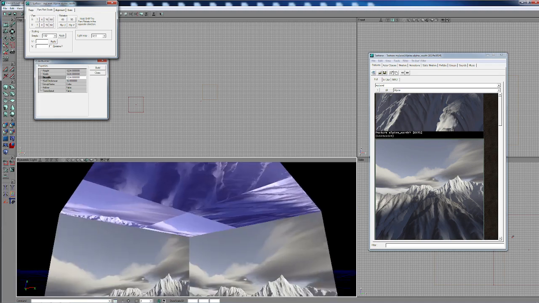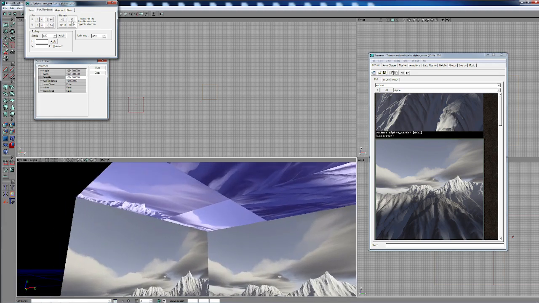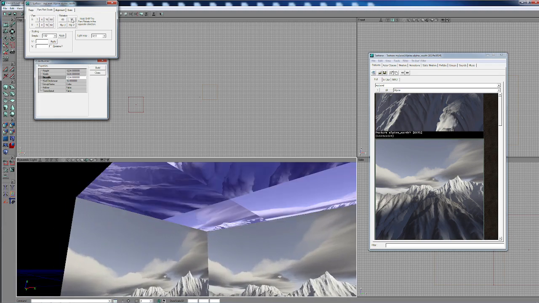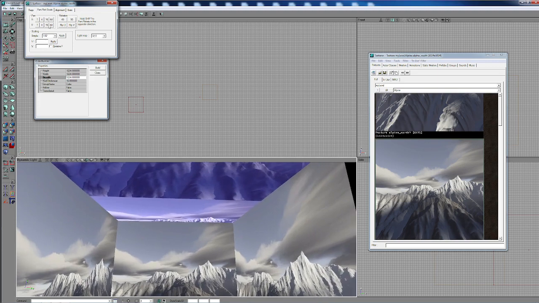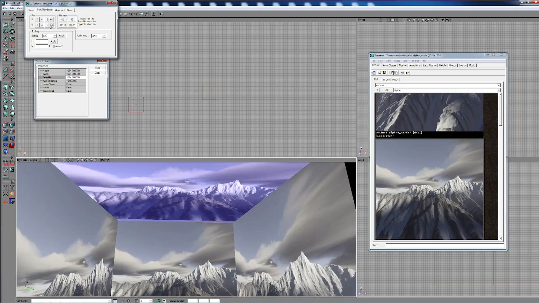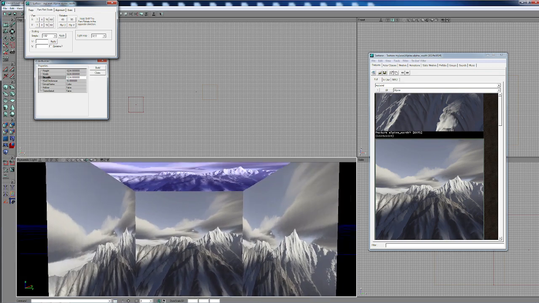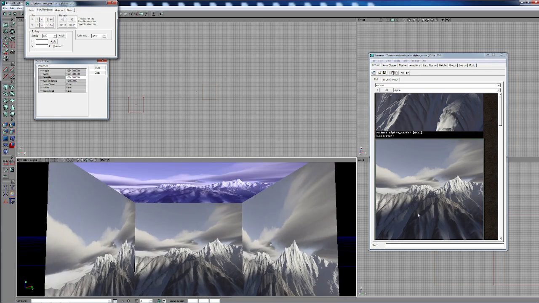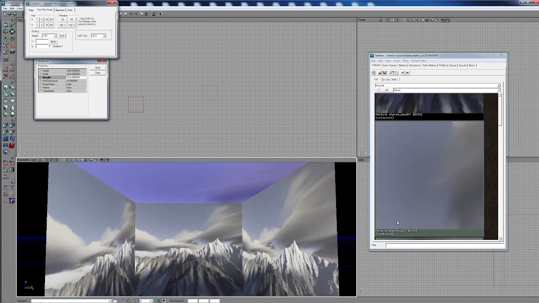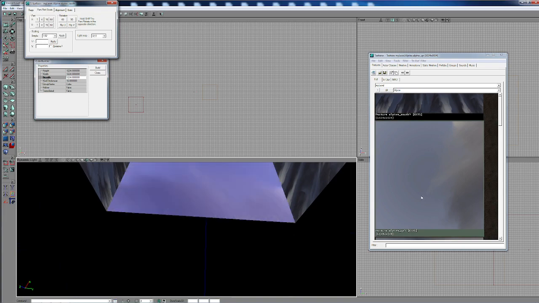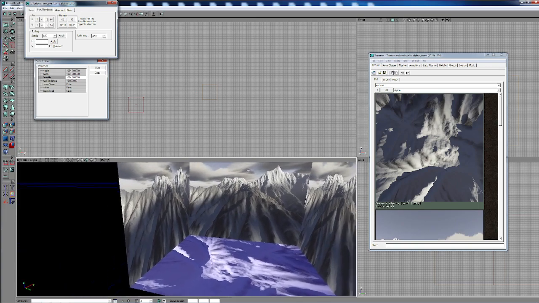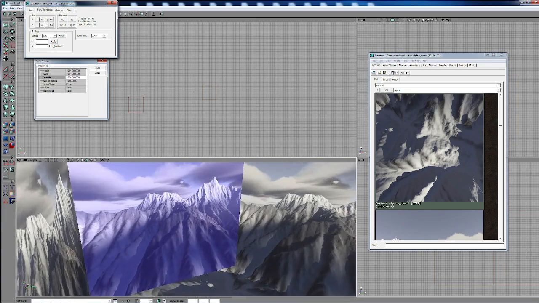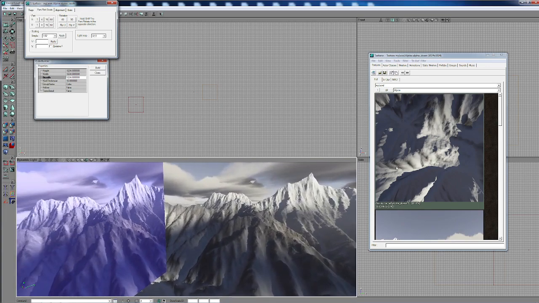And finally the sky. Oh, what the hell am I doing? Didn't need to do that. Doesn't matter. So, what can we say? We know the sky is the sky, so there's the sky. We know the floor is the floor, so that's the floor. What we now have to do is find the next picture in the sequence,